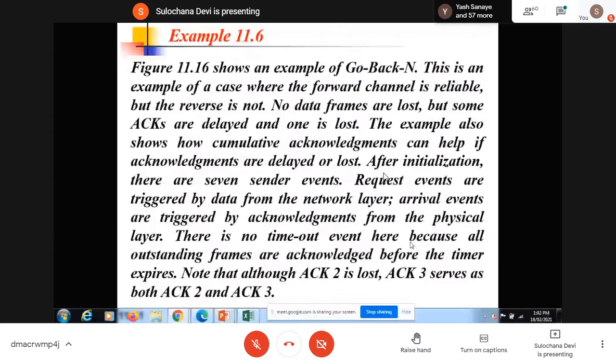I think still you are able to see the previous screen, na? Yes, now you can see. Read this scenario and then I'll show you the next diagram. Try to understand that.